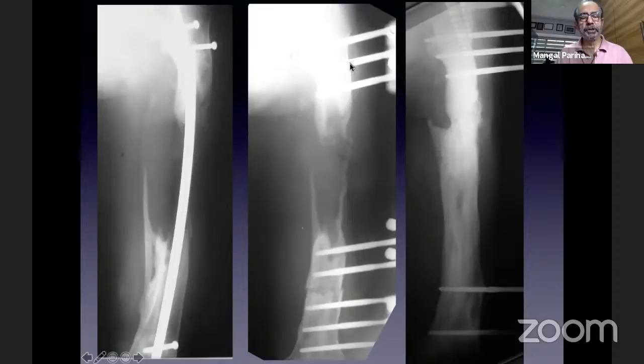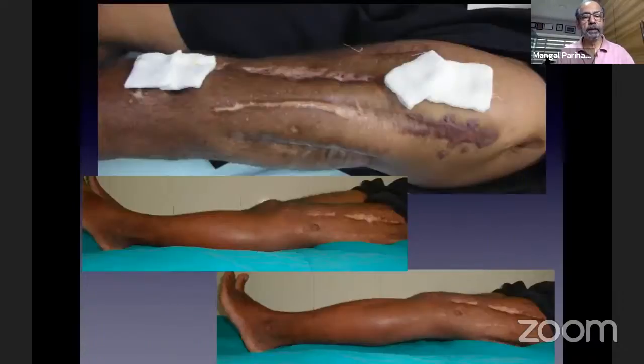non-union, which we treated with a bone transport. So the bone was transported right from here up to there. This took close to, I think, a year. But at the end of a year, he was healed pretty well. He had bad soft tissues to start with, and our fixator only added. This was all earlier